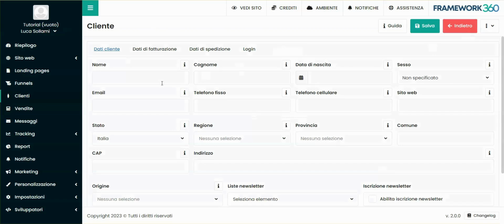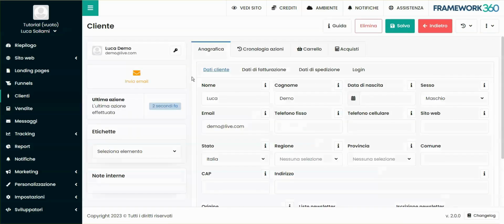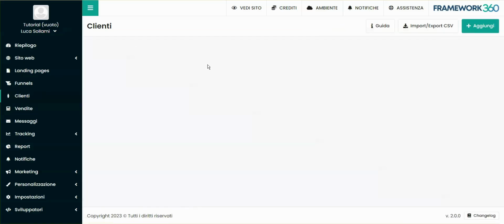By clicking Add, we can enter the name, for example, the email. Obviously, since they need to receive a newsletter, a mobile phone number, if we also want to send them mass SMS. Since Framework 360 allows sending emails, SMS, push notifications, messages, WhatsApp, and much more. And then we click on Save. As we can see, we will have created our first client and we will find it in the